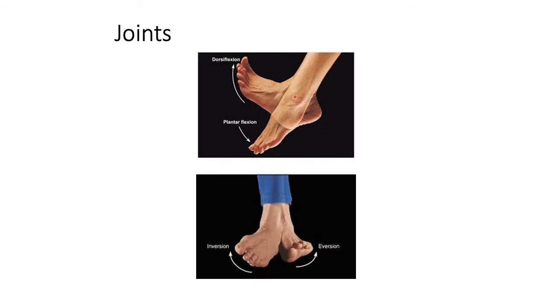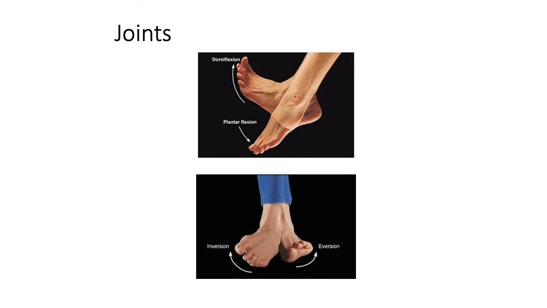The joints of the foot and the ankle. First, we'll talk about the ankle joint itself, which is responsible for the movement of dorsiflexion and plantar flexion. But dorsiflexion is usually associated with eversion and external rotation, while plantar flexion is associated with internal rotation and inversion. Beneath the ankle joint is the subtalar joint between the talus and the calcaneus,